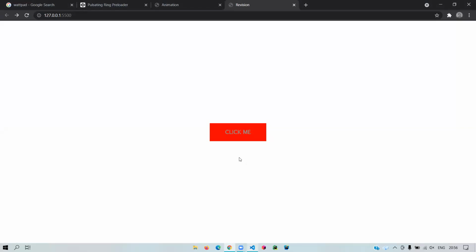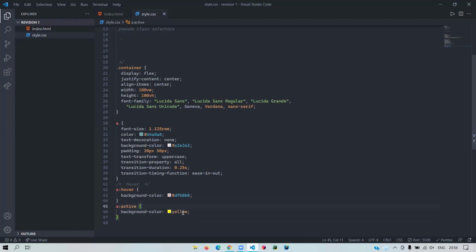Okay, how does active work? See, I'm hovering over the button, but okay, there's something broken about this. This is my button. When I hover over this, I get this background. Now for my active part, I have this piece of code, right? Yellow. Now when I click on this, then this yellow color appears.